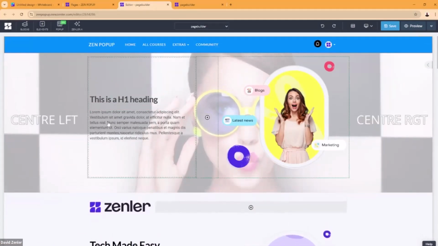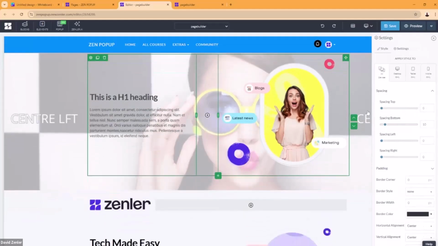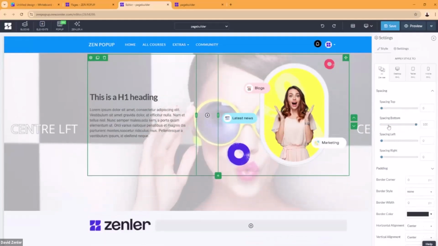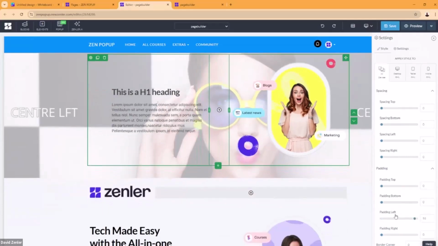Also, inside here, if I select this row, we have padding and spacing. If I click inside the settings for this, you can increase the top space, so absolute control with this stuff. Increase the bottom space. The inside space I can change. Spacing means the outside of an element. Inside means the padding, so it pushes inside. See what happens to this text when I push left padding? It pushes inside the box.